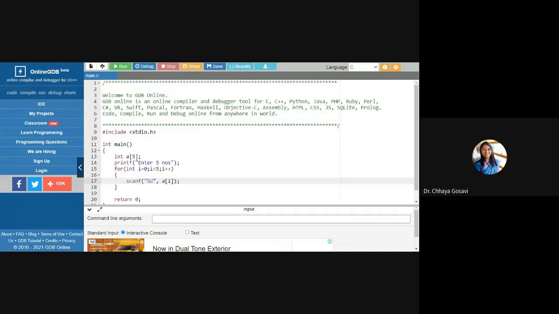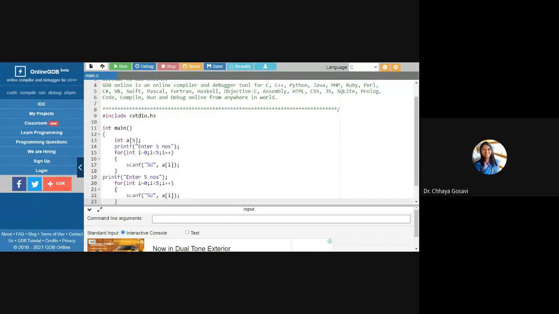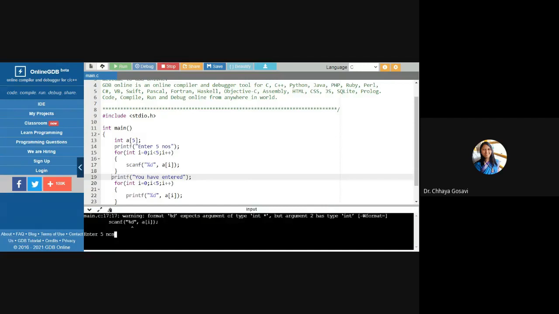And then to print these values, I need again one for loop. You have entered. Instead of scanf, I'm using printf, percent d, A of I. Let's check whether it is working or not.